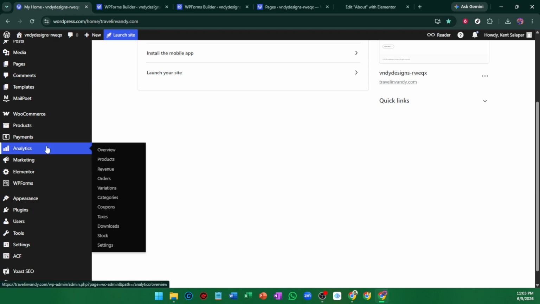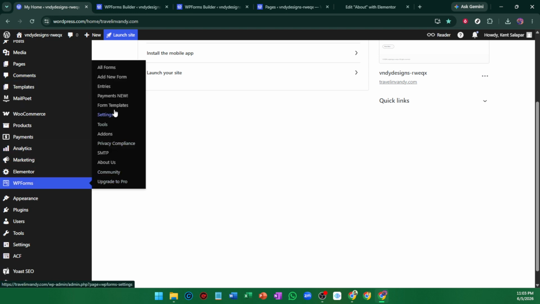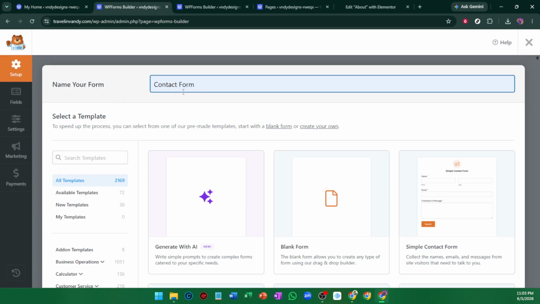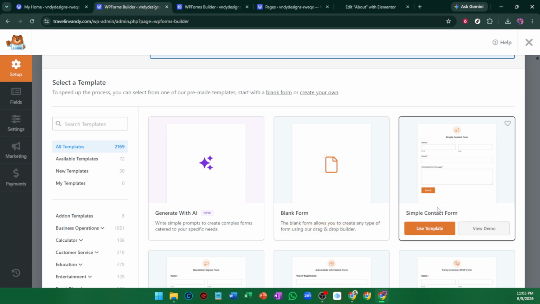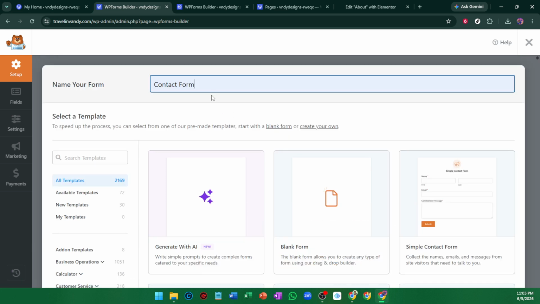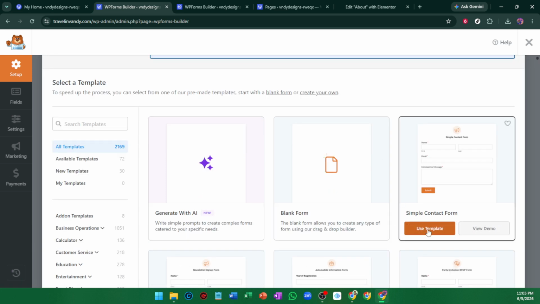layout. If you're building a standard contact page, this is the fastest way to get everything set up cleanly and professionally. Next, give your form a clear name and choose a template that fits what you need. For most websites, a simple contact form template works perfectly because it already includes the basic fields visitors expect, like name, email, and message. Naming your form clearly also makes it much easier to find later when you add it